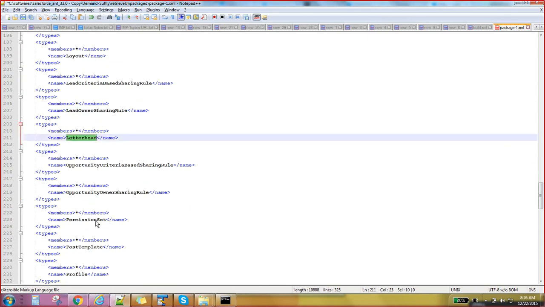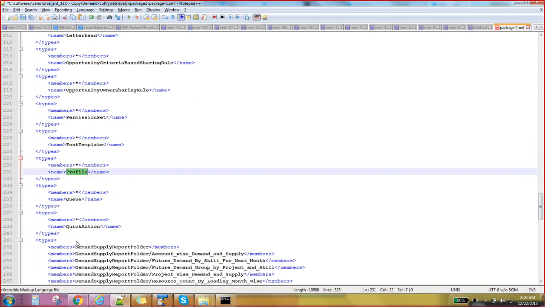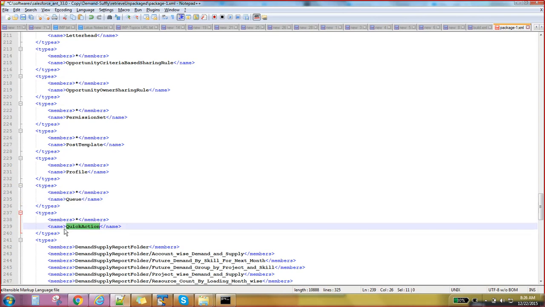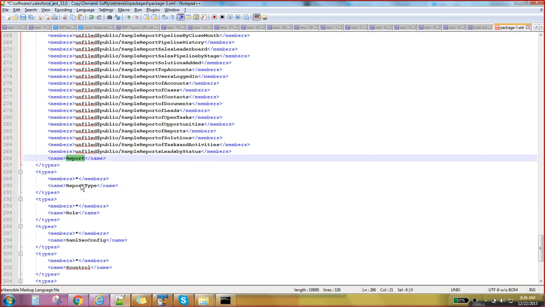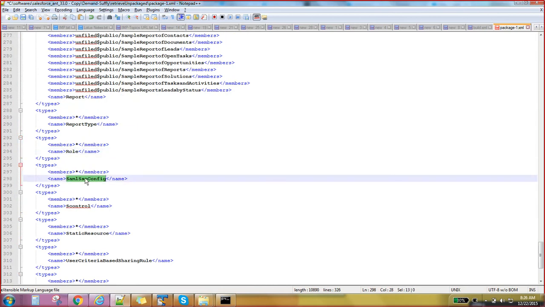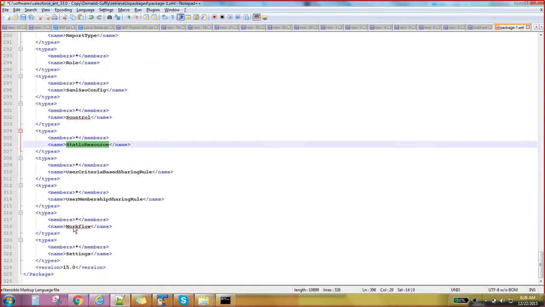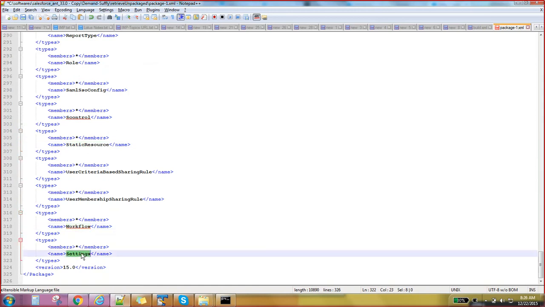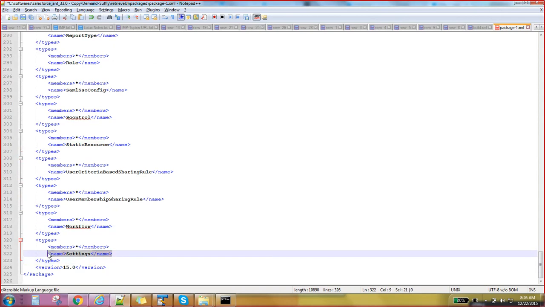This is a permission set, a post template, a profile, a queue, a quick action, which is basically a link. This is a report type, role, single sign-on configuration, static resources, workflow, and some other settings, meaning custom settings.